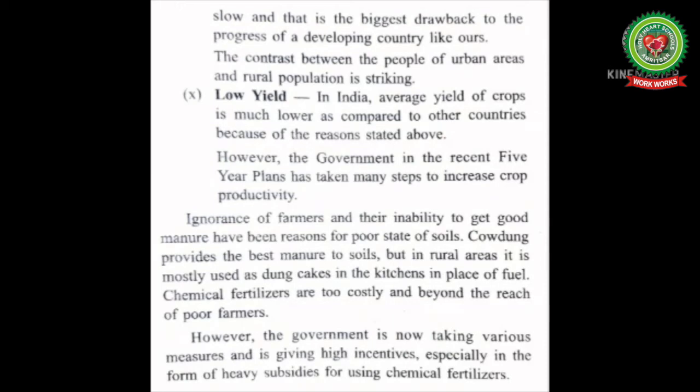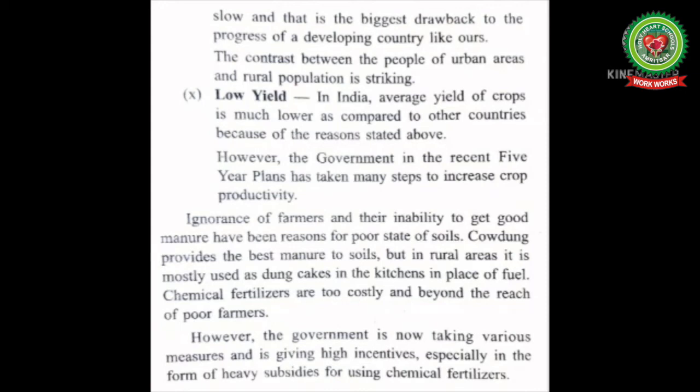Ignorance of farmers and their inability to get good manure have been reasons for the poor state of soils. Cow dung provides the best manure to soils, but in rural areas it is mostly used as dung cakes in the kitchen in place of fuel. Chemical fertilizers are too costly and beyond the reach of poor farmers. However, the government is now taking various measures and is giving high incentives, especially in the form of heavy subsidies